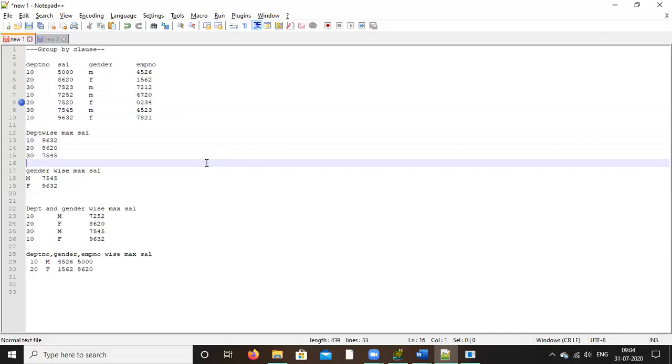Grouping means what? The duplicate values will reduce. Let's say 14 records are there. If you group by, it will become 1 or 2 or 3 records because of duplicate items. But if you are including employee number also, then no use. You will get those 14 records also. So group by means you have to group the similar items, when there are repeating or duplicate values. Okay, this concept is actually very, very important. So you should clearly understand. Any doubt in this group by?